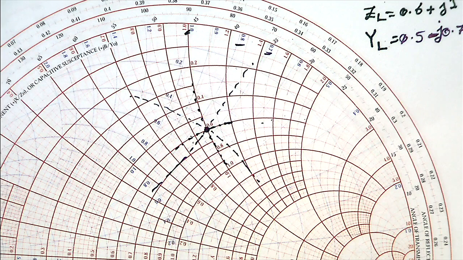So what I can tell you, just consider that. Please consider this, that in the Z plane, here is the plus J, here is the minus J X, and in the Y plane, here is the minus JB, here is the plus JB. Because I rotate that 180 degrees, you can see that the top half is coming to the bottom and the bottom half is coming to the top. Okay? Clear?